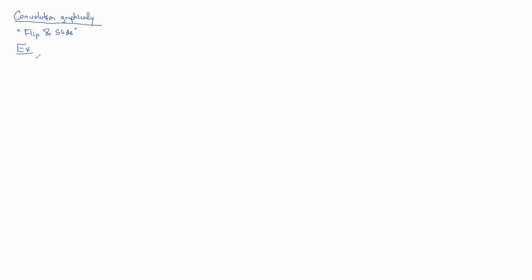So I'm going to give you an example, the same one we just did, where x of t is this decaying exponential, and our h of t is an impulse. So the way to do it is to first